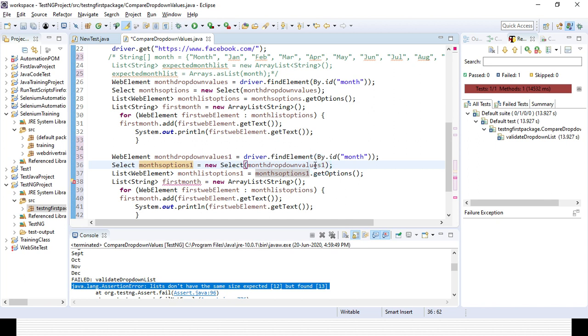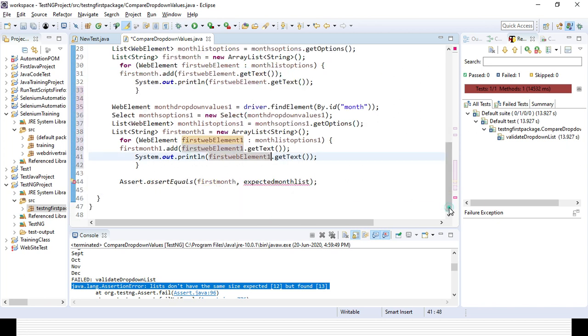So I will change everywhere to 1, and I want to validate that particular list with that list.